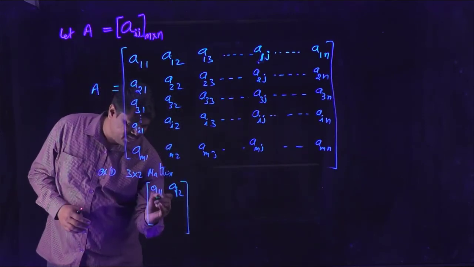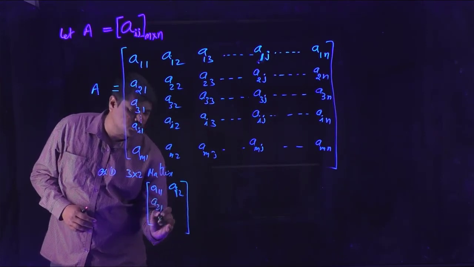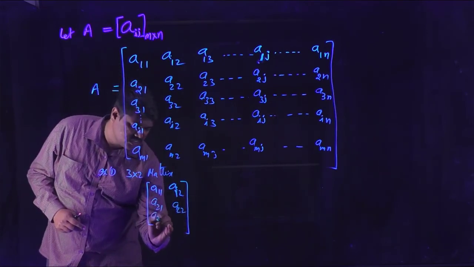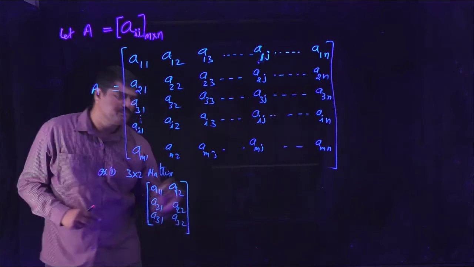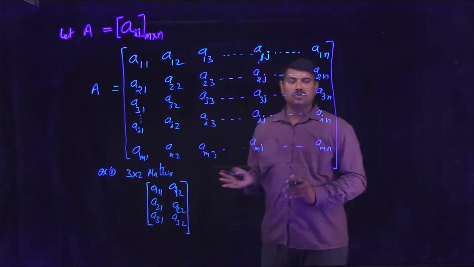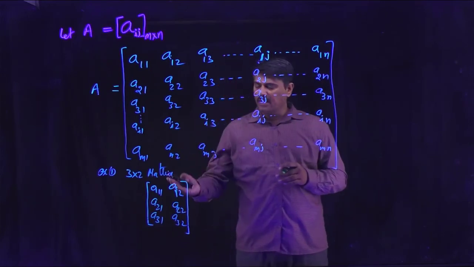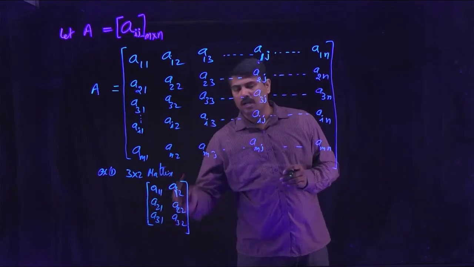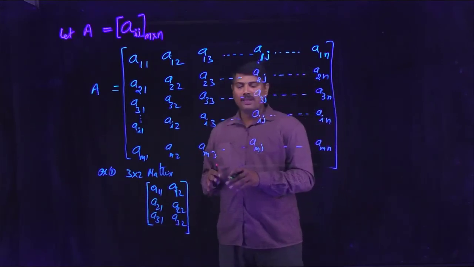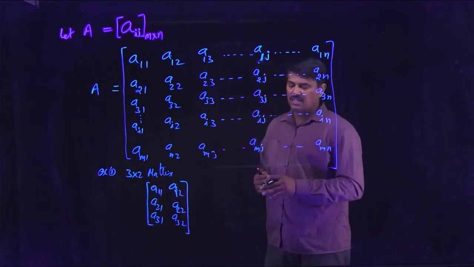Then move to here. This is second row, first column, so this position is A21. This is second row, second column, its position is A22. This is third row, first column, third row, second column. So that is the arrangement of having 3 rows and 2 columns. That means you must have an idea of each element's position in a matrix with 3 rows and 2 columns, mentioning each element with its position by suffix indication. The first suffix is its row number, the second suffix is its column number.